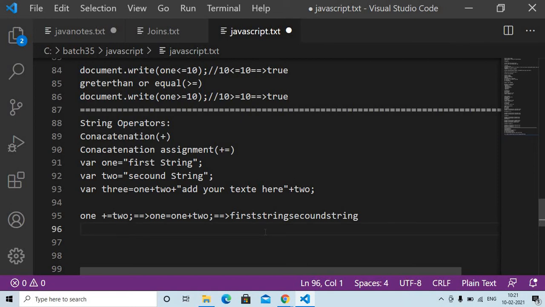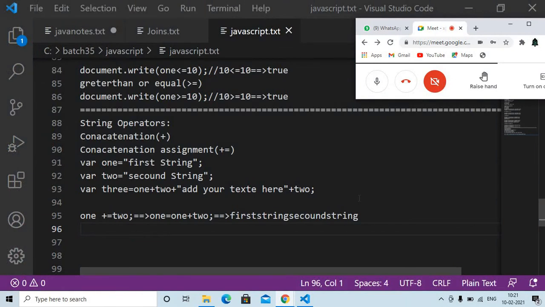Okay, so whenever you want to attach the strings in one variable, this will be useful. This string concatenation plus assignment is very important. Whenever you are taking any arrays you want to convert in a list format, either ordered list or unordered list, you need this string concatenation.